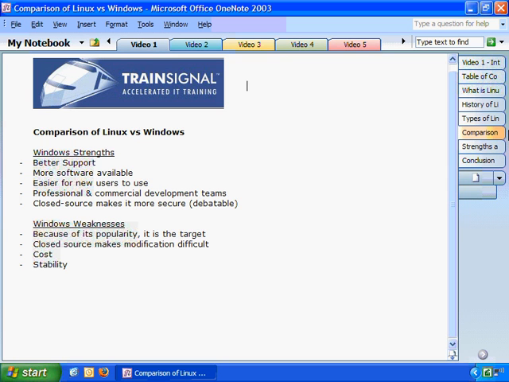So that's a tremendous strength of Windows. In comparison, Linux really doesn't have a commercial development team. People who work on Linux and enhance it are usually not paid anything, and they're freely donating their time to improve an operating system that they think is really cool, and they want to help make a difference by helping to improve Linux. Now, another strength of Windows, and this is debatable again, that people say because it's closed source,